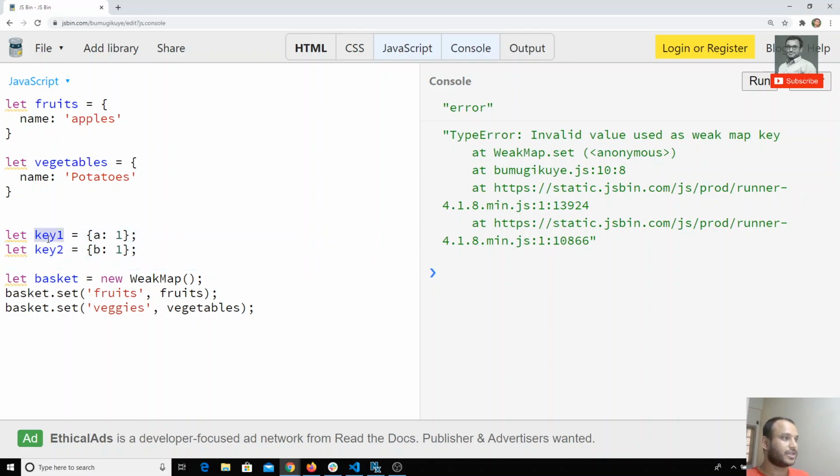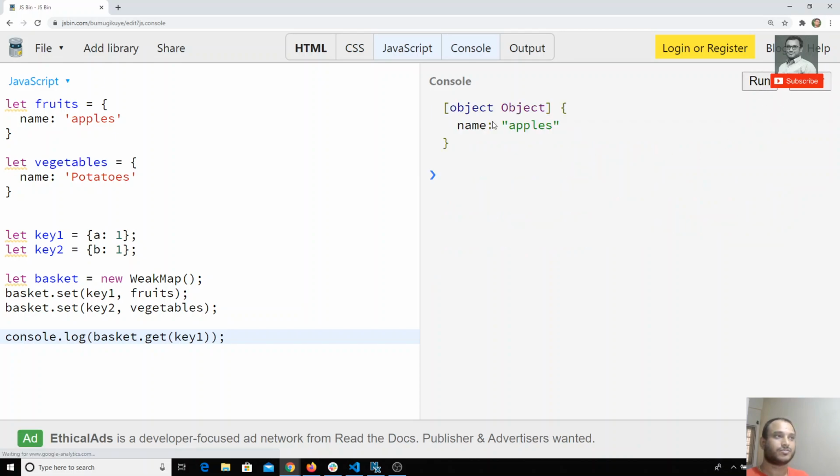I can directly use this one here, and this one here. Now if I want to get the data, I can directly use basket.get of key1. If I try to get key1, now I got the output.